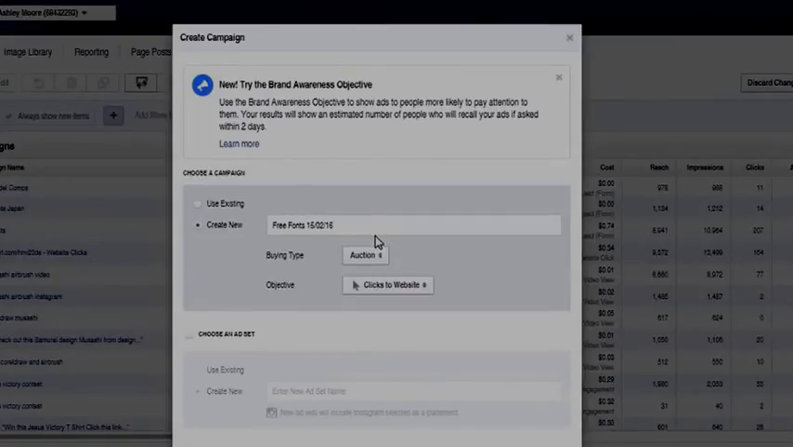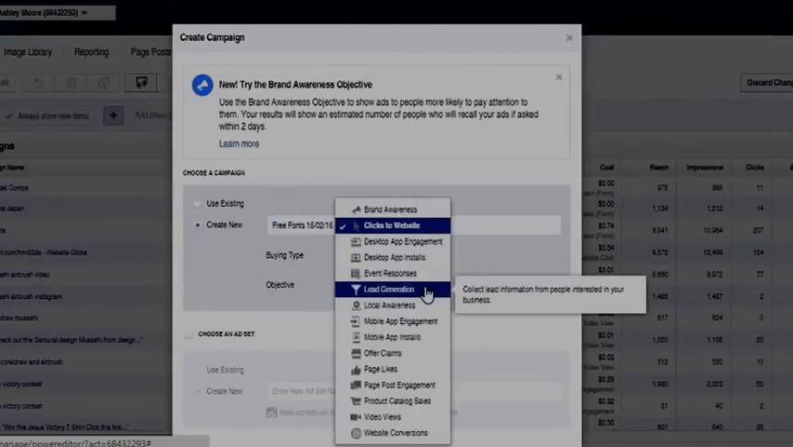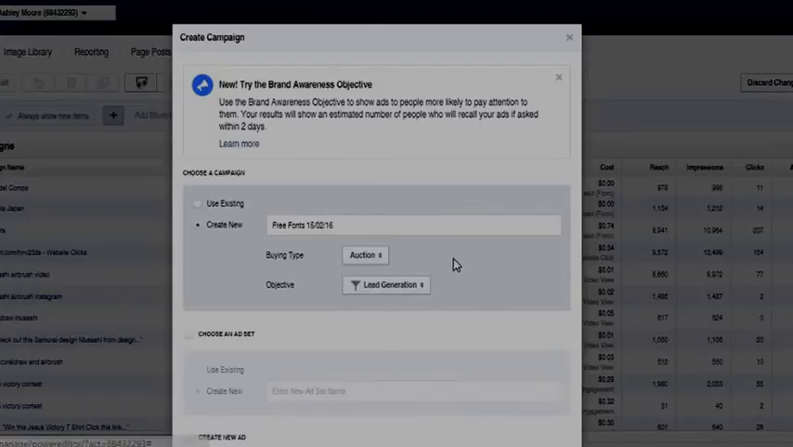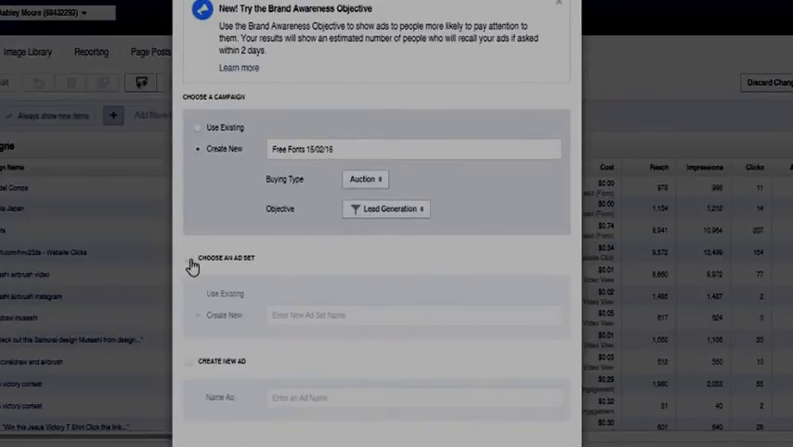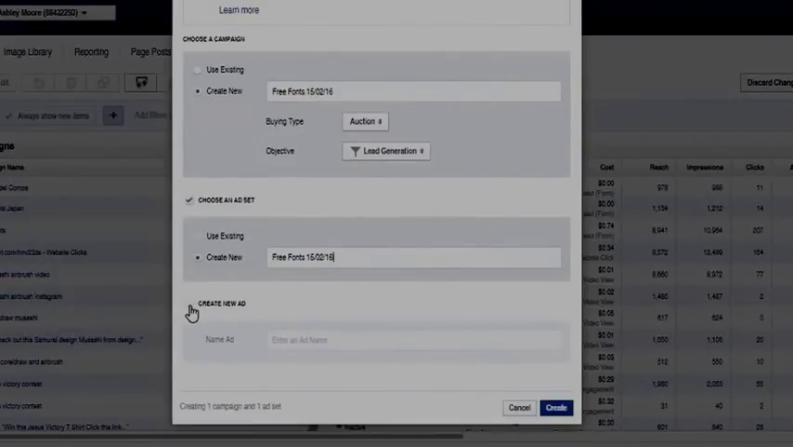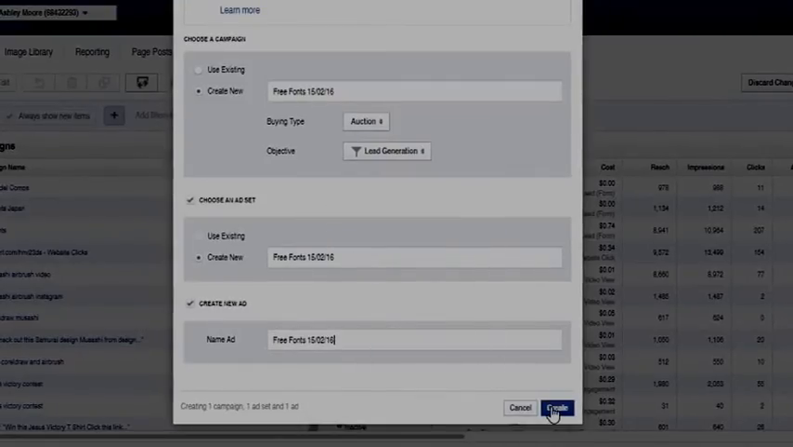Okay, so what you want to do is highlight it and copy that, and then come down to clicks to website. You want to leave it as option and come to the objective, and click on lead generation. Then click on choose ad set and paste in the name that you gave it up the top, and also down the bottom click on create new ad set and paste it in there as well. And once you've done that, you click on create